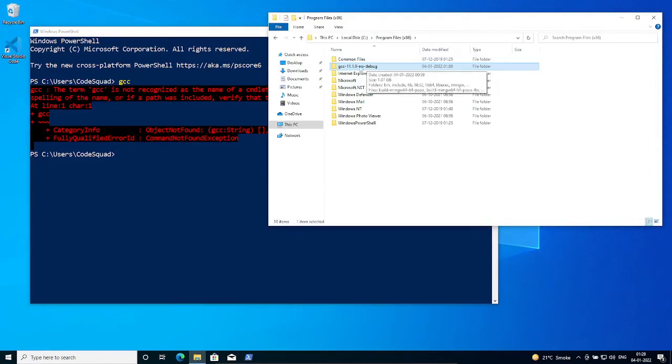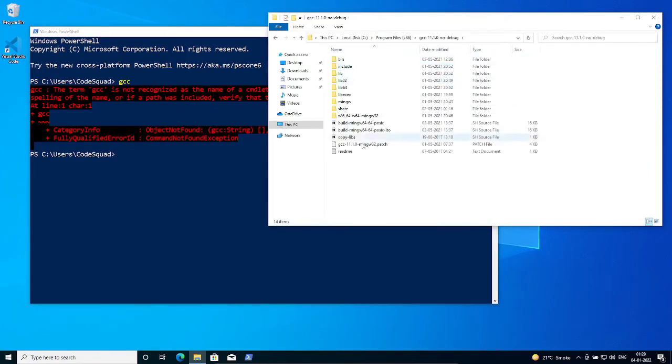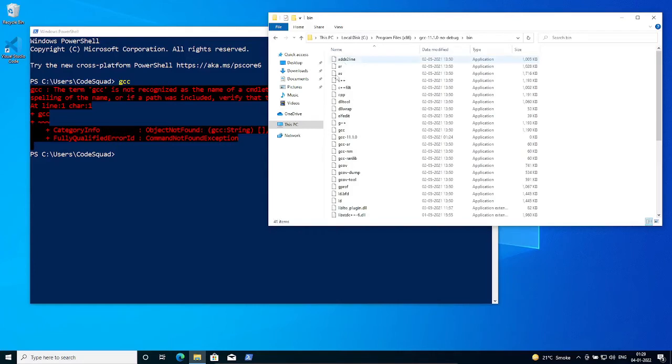It doesn't know that GCC is in Program Files, and the executable is actually in this bin folder. Here is where the GCC is. This is the program that we are interested in. So you need to tell your system where GCC is, and to do that, you need to add an environment variable to Windows. If you know how to do that, you can do it. But if you don't know how to do it, you basically